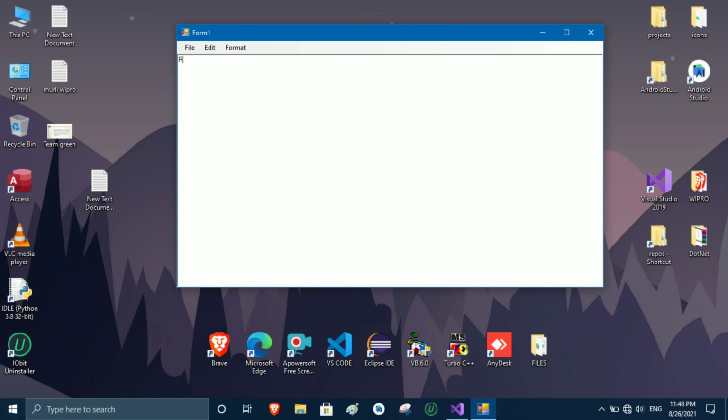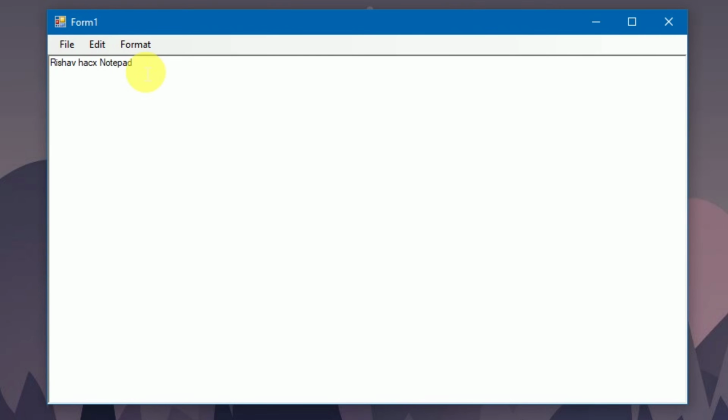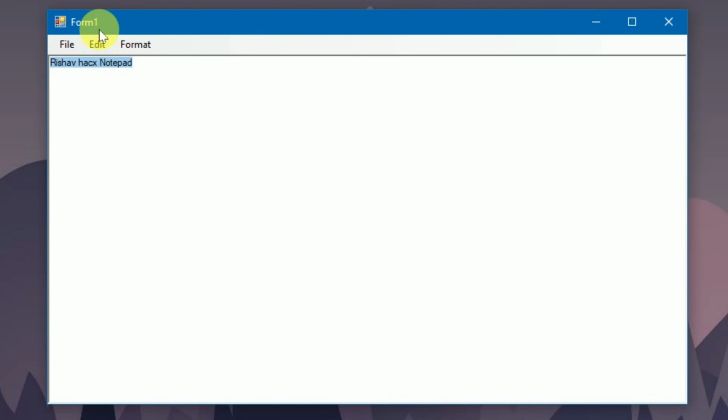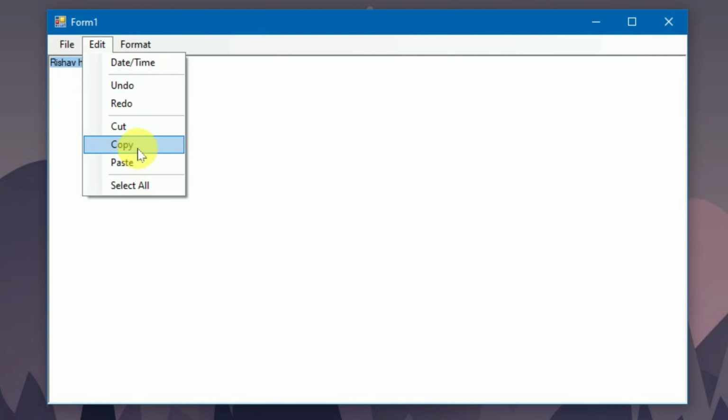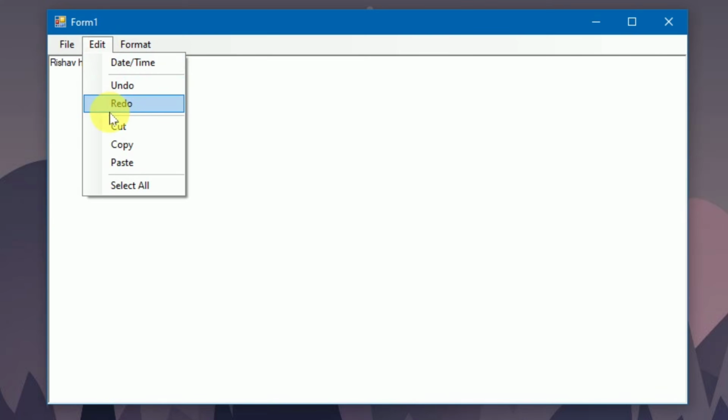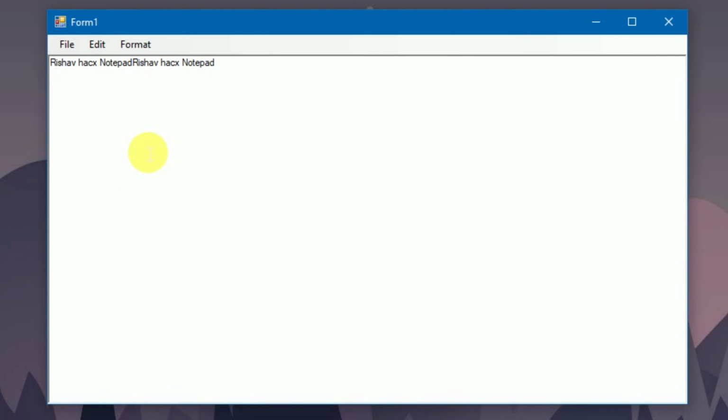So we test the functionalities. I first type some text and then go to the edit option and click on select all, and here you see the text is selected, so it is working properly. Then I copy it and again go to edit and paste it, and it is pasted without any errors.